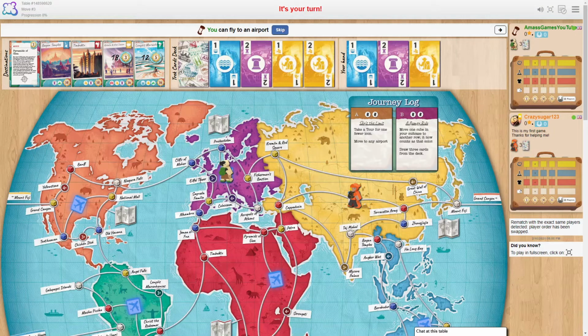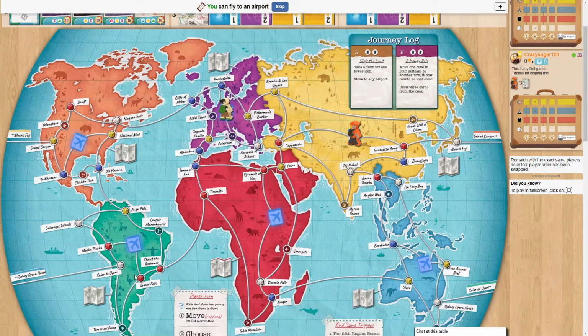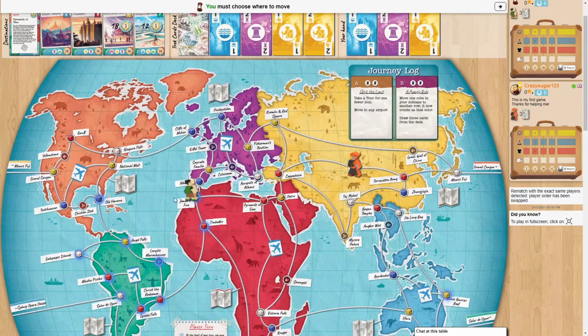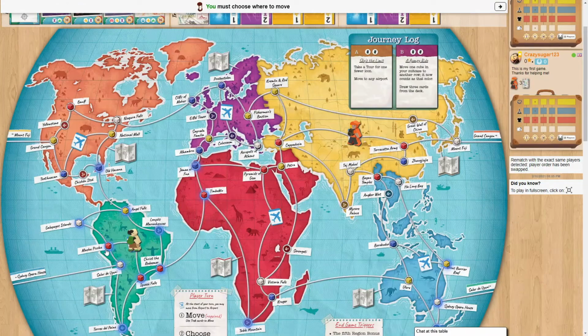I'm now going to choose to look through my cards, see what I have, what I think's suitable, and what I maybe want to work towards. So I'm going to go down. Tricky this one. I'm just going to see how many of each thing. I'm going to go down here, and then I can choose where I want to move to, and I'm going to choose to go